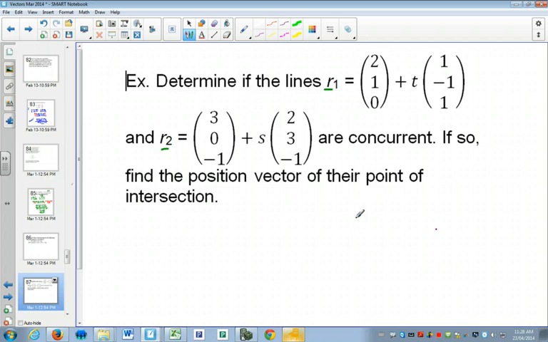So in 3 dimensions, you're going to have 3 parametric equations. You're going to have one for your x, which is going to be, sorry, for the first equation, you're going to get 2 plus t. You're going to get 1 minus t. And z is equal to t. And for the other equation, you're going to get